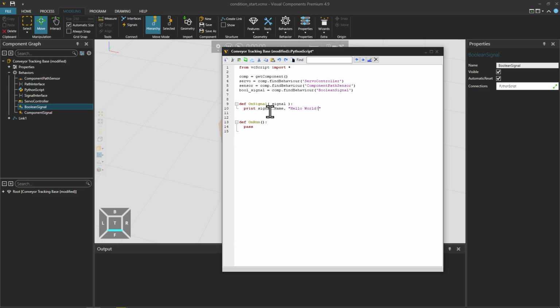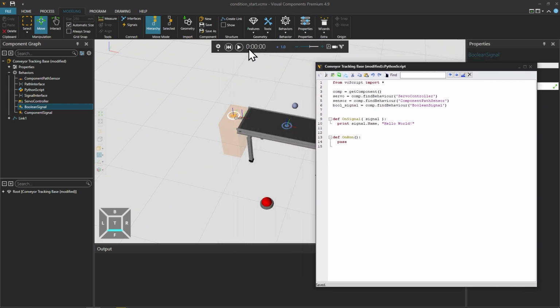And now again, in order to see changes, we always need to compile the code. When I now click play on the simulation, when this cylinder reaches the conveyor tracking base, we can see that it prints out this Boolean signal, which is the name of the signal that triggers it, and then my text hello world.